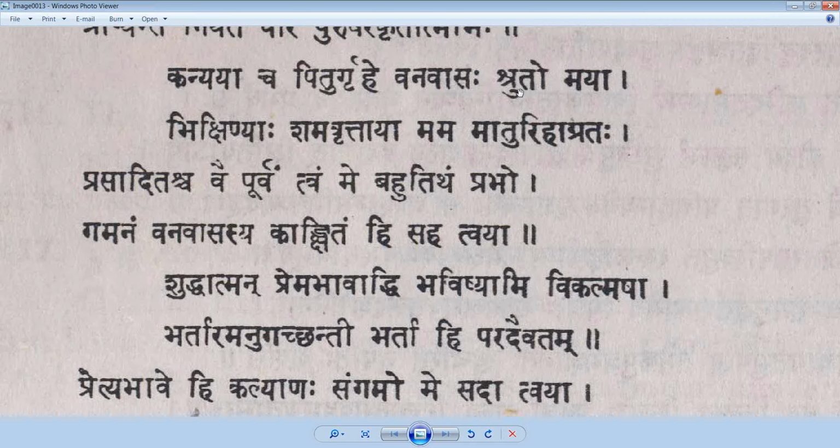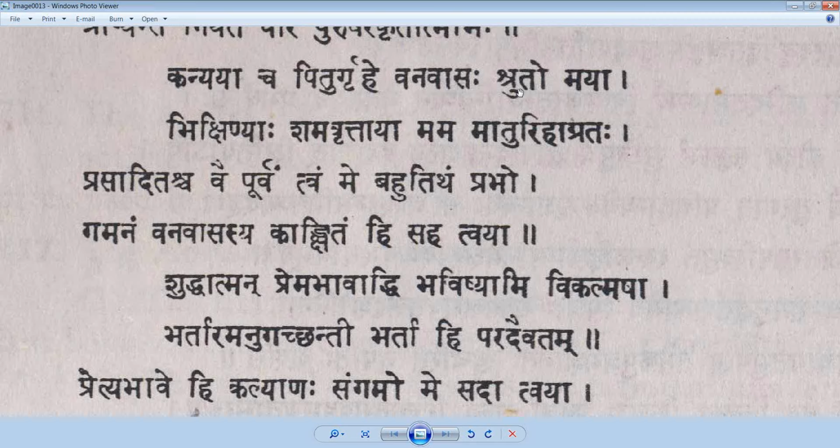This is number 13 in the Gita Press edition. See, Gita Press has taken 13 and 14 together, because they know the Iha goes with the next verse. They've taken the two together. So, while I was still unmarried, that is a Kanya, an unmarried girl, the prediction about my dwelling in the forest, that is Vanavasaha, the prediction is understood in there. So Bhavi Vanavasaha is the future dwelling in the forest, that was heard, Shrutaha, in the Bhute Adhikaraha, by me, Maya, in my father's, Pituhu, house, Grahe,